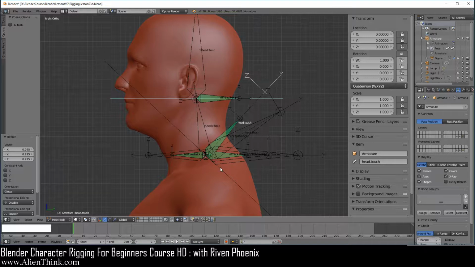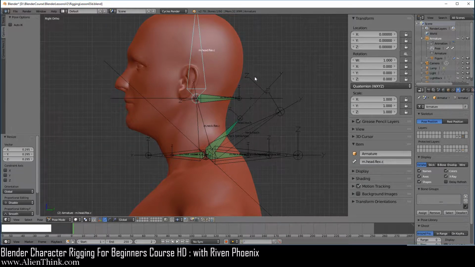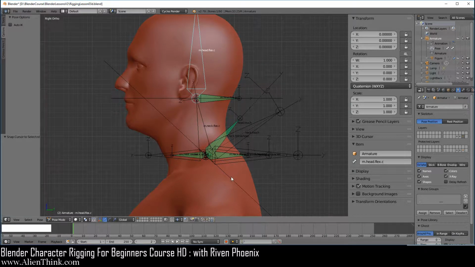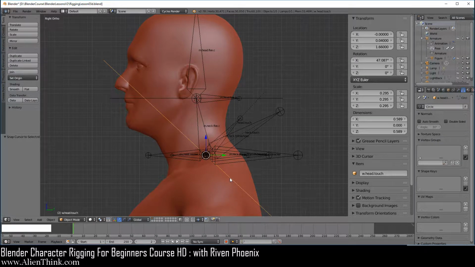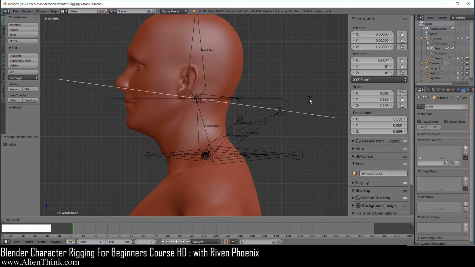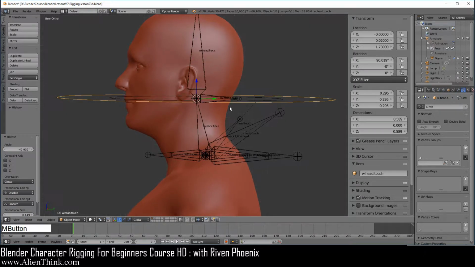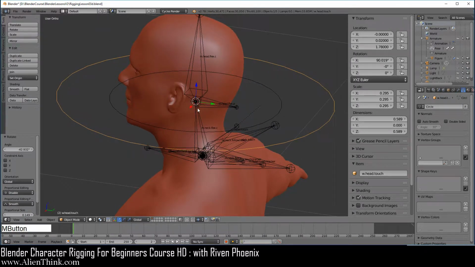So the way to do this is that you have to click on this one, do Shift S, and do cursor to select it, then click on this, okay? Now here we're going to do Shift S and do selection to cursor. We're going to move it over here, okay? Now here I want you to press the R key and go ahead and just rotate this, okay? Now you're going to kind of have to align it like this, okay? Now go ahead and do the middle mouse button so you can see what's going on.